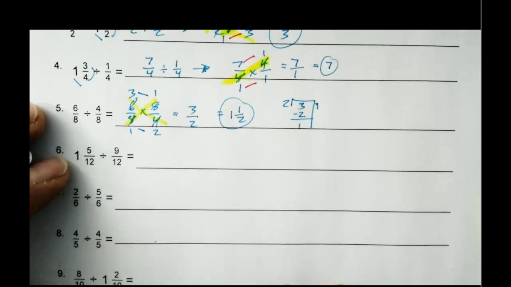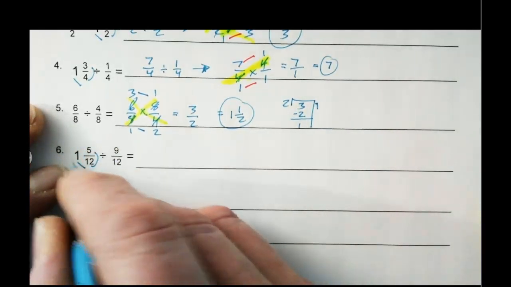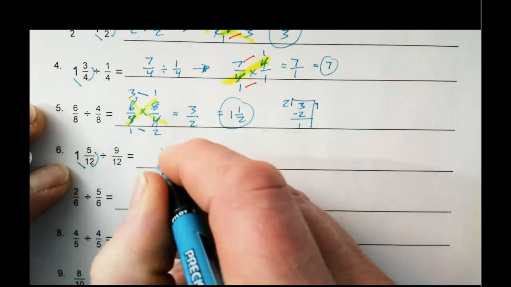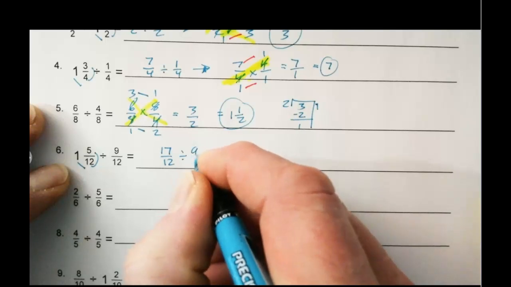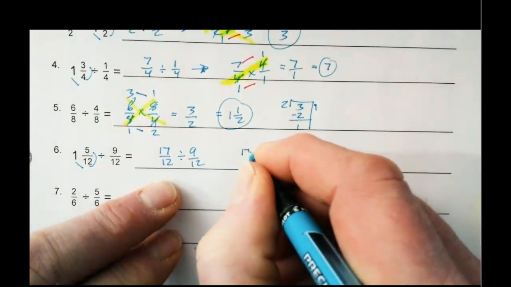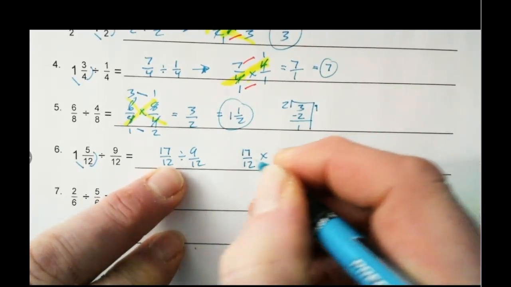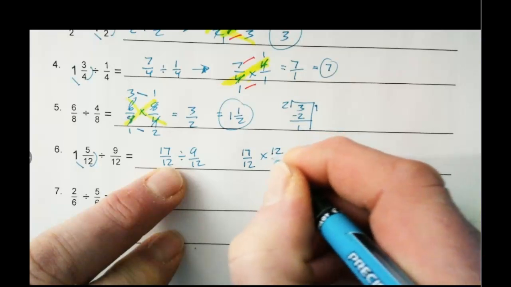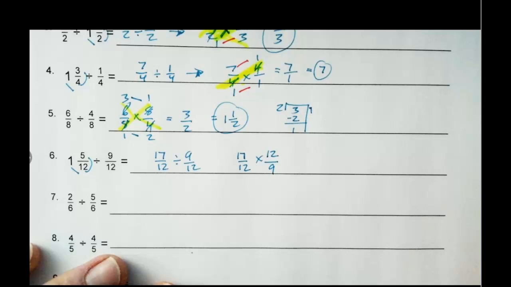Okay. Now we're back to mixed numbers here, so we have to make that into an improper. So 1 times 12 is 12 plus 5. So here we have 17/12 divided by 9/12. So we're going to go ahead and keep it, 17/12. I'm going to go ahead and change that to multiplication. I got to flip this dude upside down, 12/9. Well, it works out kind of nice when I flip that,